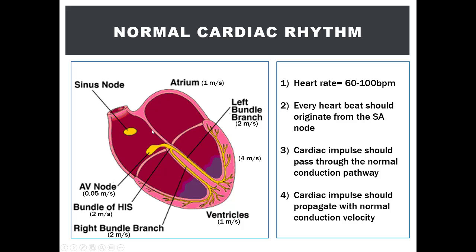So for those with the damaged SA node, what is put in by the physician in place of the SA node? A pacemaker, which is an artificial SA node. It's a device that produces electrical signals automatically, like the SA node, at about 60 to 100 times per minute to produce a normal resting heart rate of 60 to 100 beats per minute. Okay, so this is the criteria for a normal cardiac rhythm. And again, this is to ensure proper blood flow through the heart and thus to the rest of the body.